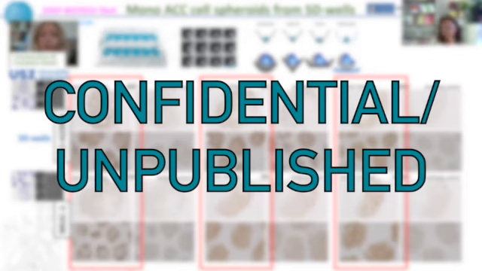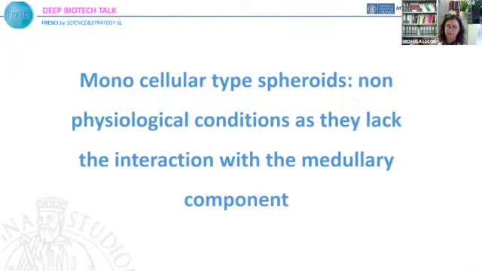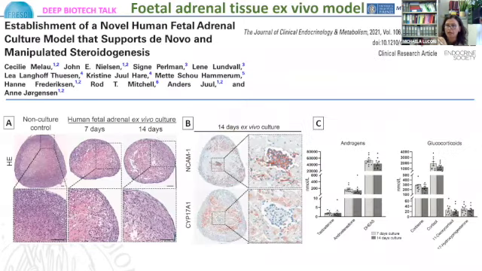SF1 is the steroidogenic factor 1, which is a marker of the cortical origin of these cells. However, these 3D spheroids are composed only of cortical cells and lack the physiological condition of interaction with the medullary component. To reproduce in vitro the integration between these two parts of the adrenal, which we have seen, I hope that I have convinced you is so relevant for the functionality of the gland in physiology, but also